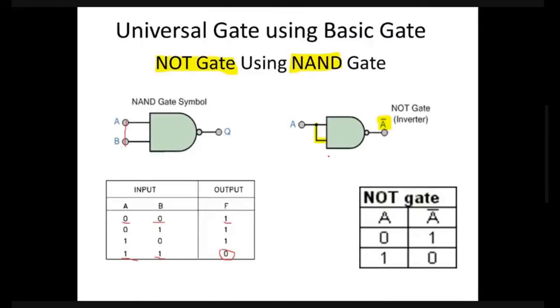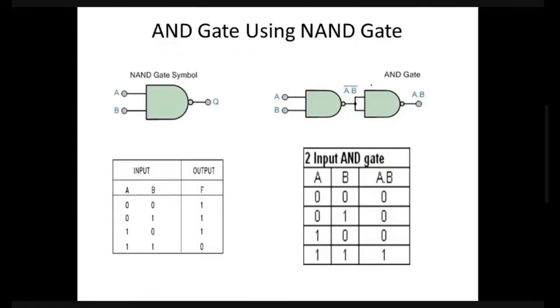So we know that the inverter is nothing but the two inputs shorted, which gives the inverted output using the NAND. Now the same concept we apply here. The one NAND gate is taken, and after that, here the bubble is there. Then this bubble we have to remove. For that, we have to add one NOT gate. This is nothing but the NOT gate.